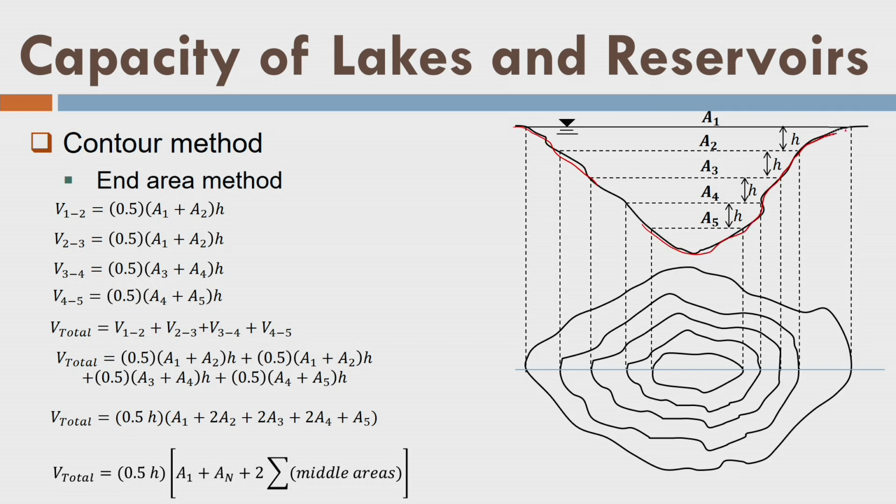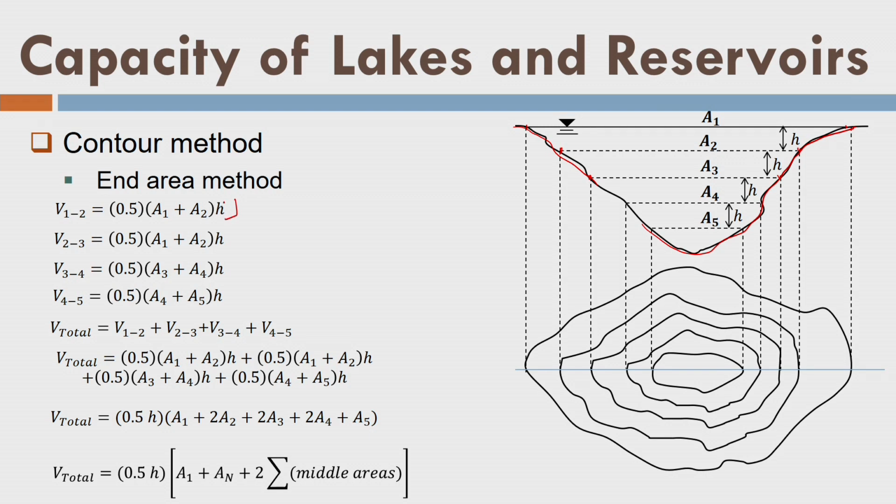This complete section is there, okay, fine. Then what we'll do, we will divide this whole section into equal intervals of the contours, let us say h, h and so on. Okay, let us say on the map we measure this A1 area using a planimeter. Similarly, I measure A2 area at this level and so on, fine. Or we measure this level A1, A2, A3 from our hydrographic survey. That means we have derived this section from the hydrographic survey.